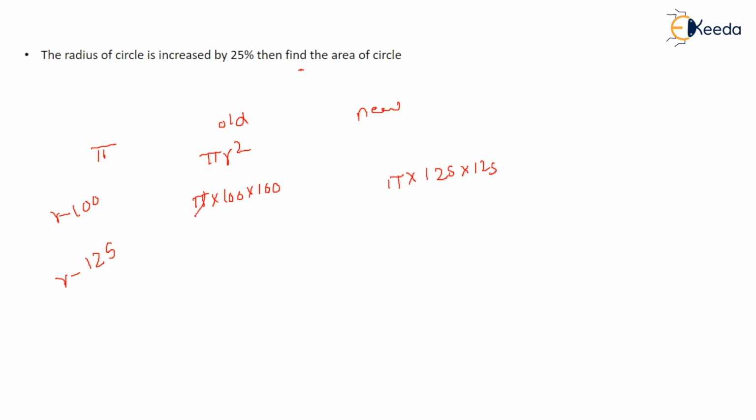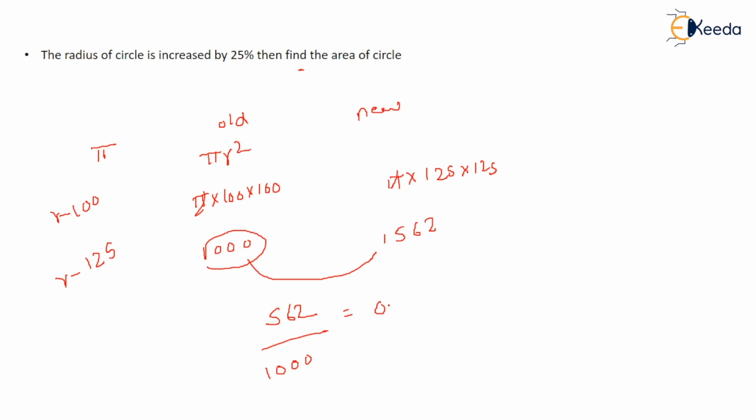So this can be cancelled, this can be cancelled. This comes out to be 10,000, and when you multiply these two, this comes out to be 15,625. Okay, so this much it will come, right? So what is the total change? What is the total change? That is 5625, right? If you separate this one from this. And on what number was it changed? On 10,000, divide by 10,000, right?